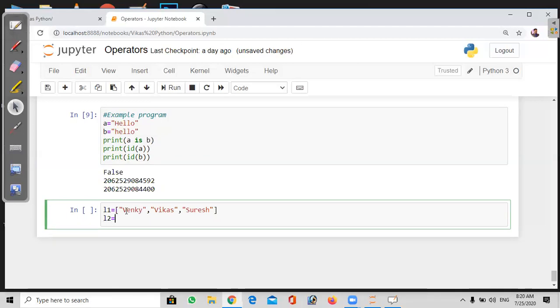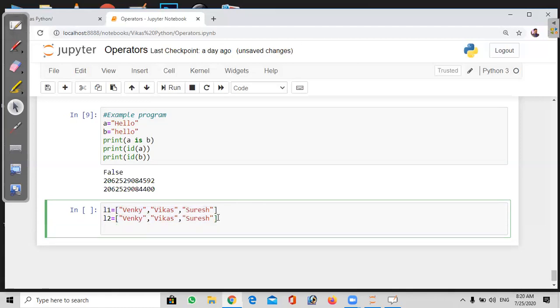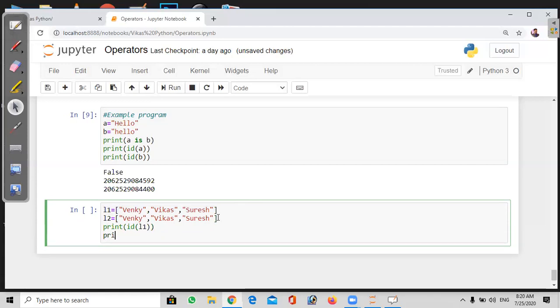In L2 also I'm going to copy paste the same thing. So I'm assigning both the same values. I wanted to find the ID of L1 and print the ID of L2. So two IDs I wanted to print.